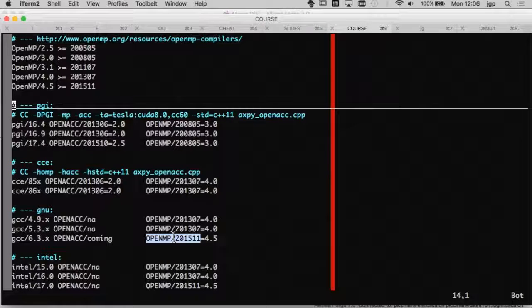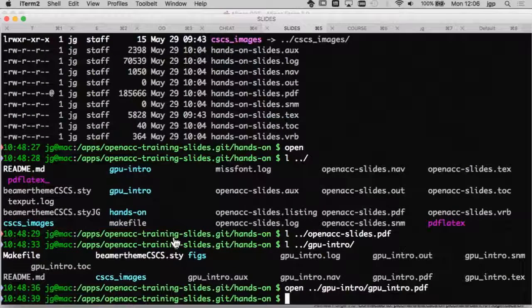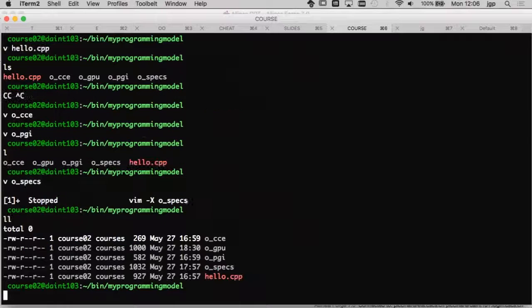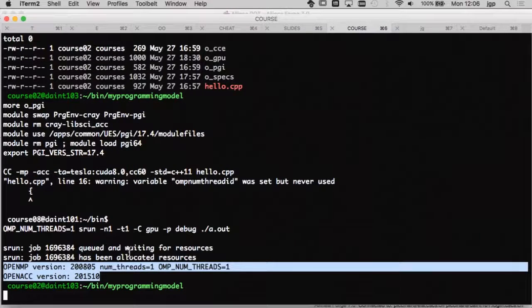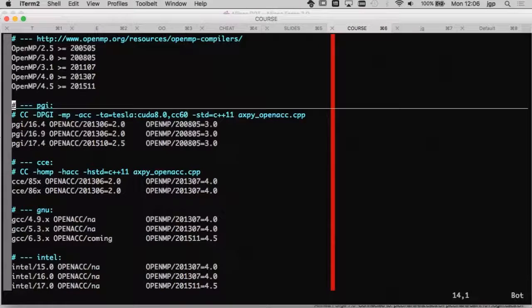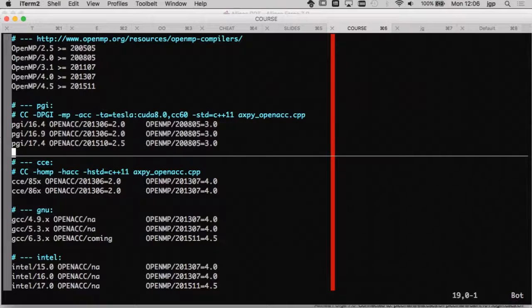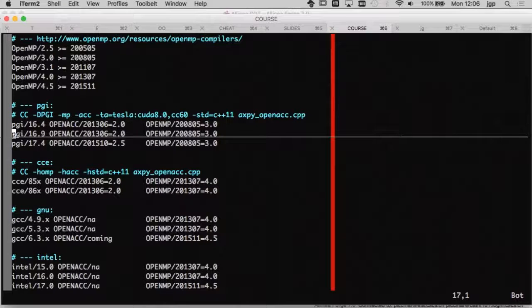It's limited. Where is this cheat sheet? Are you going to give us this? The only thing I'm giving you is the Hello World example, this one, and this one will give you the version. And then you know, right? Just by running the code. Yeah, I can put that. I can add it to the repo.